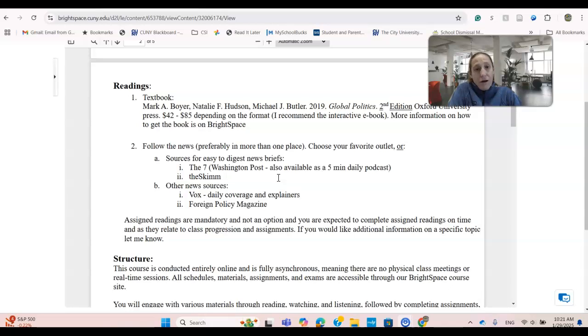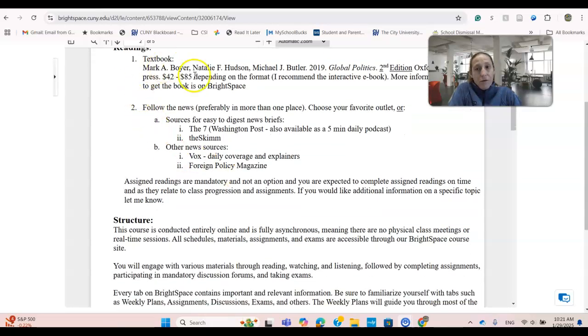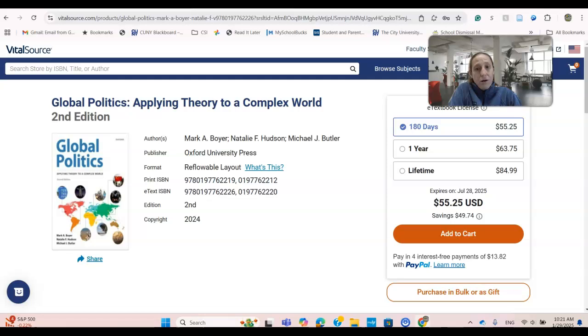For readings, you are responsible to get this book, Global Politics: Applying Theory to a Complex World, the second edition. The authors are Mark Boyer, Natalie Hudson, and Michael Butler. This is a great introductory book that does a lot of real world applications, which I like a lot about it.